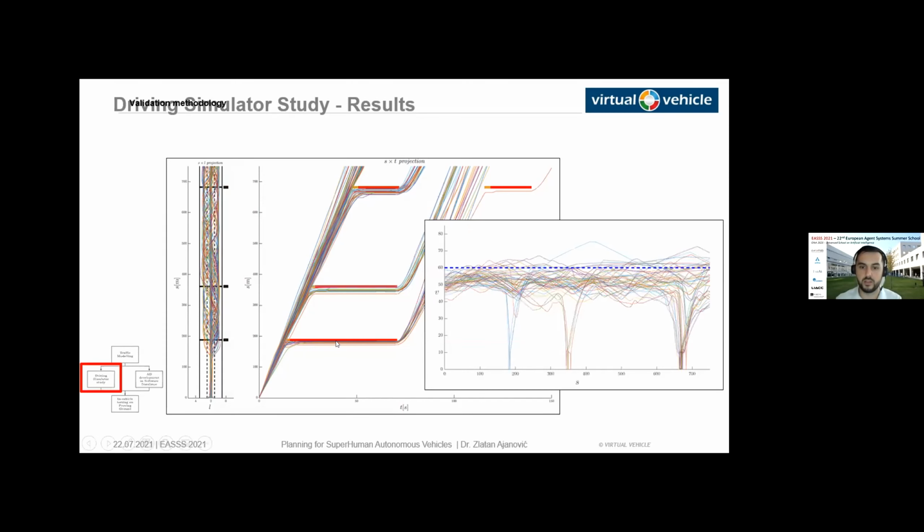And also, when we look at the velocity, so these same trajectories and some filtered, you see here that many of them were driving above the speed limit, so they were breaching the speed limits, even some going around 75 or something here. And these are the trajectories which are stopping on the first traffic light, on the second traffic light, and on the third traffic light. And you see that we can nicely visualize all of these, because this was a study which was running for several days and many drivers and many runs, but we can also very nicely visualize them on the same graph here, and also cluster them